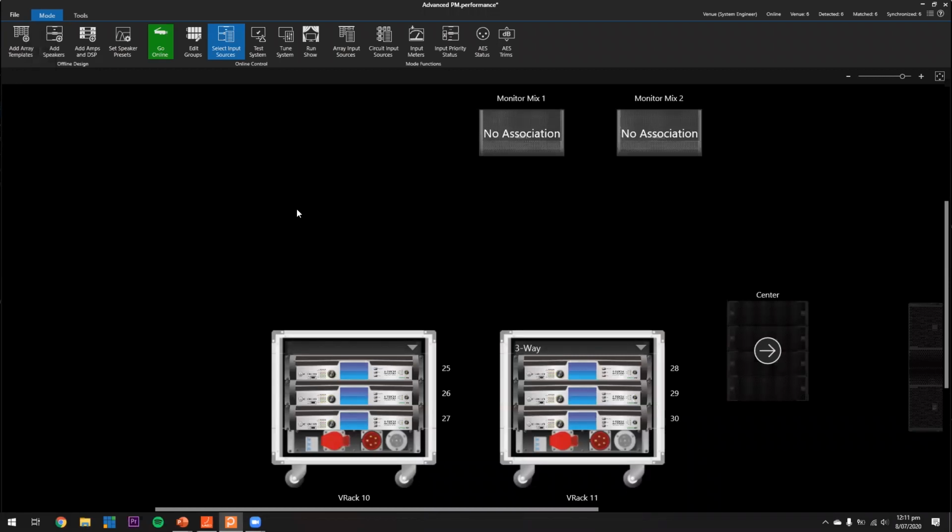With the later versions of Performance Manager, we are now able to drag any band pass to any amplifier channel. Nevertheless, many companies that have custom racks instead of V-racks have them wired in a specific manner, where they might have 4 amplifiers to run their tops and a 5th amp, for example, to run subs, and that's the way their